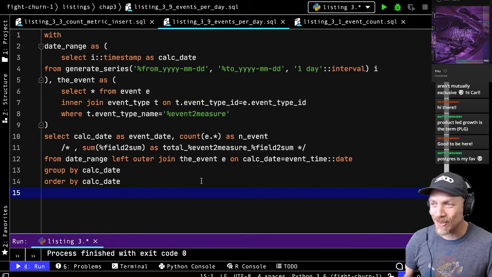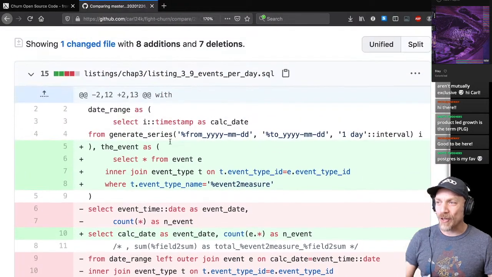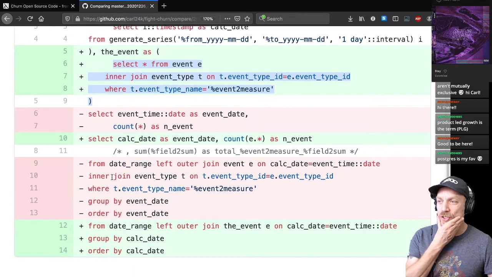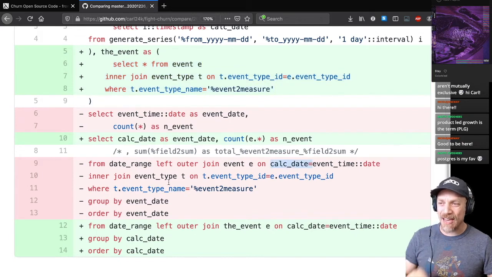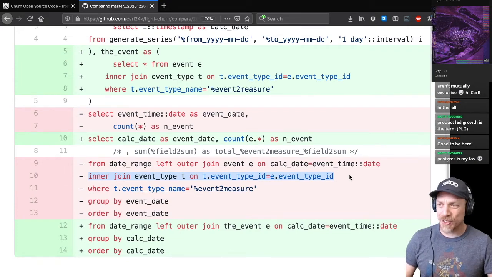I'm actually still not totally sure why the old version didn't work. In the old version, I didn't pre-select the events, and I was doing a left outer join from the events to the dates, but then an inner join on type, so it might have been something with this. But anyway, that's the explanation for the bug that we found in the last stream.